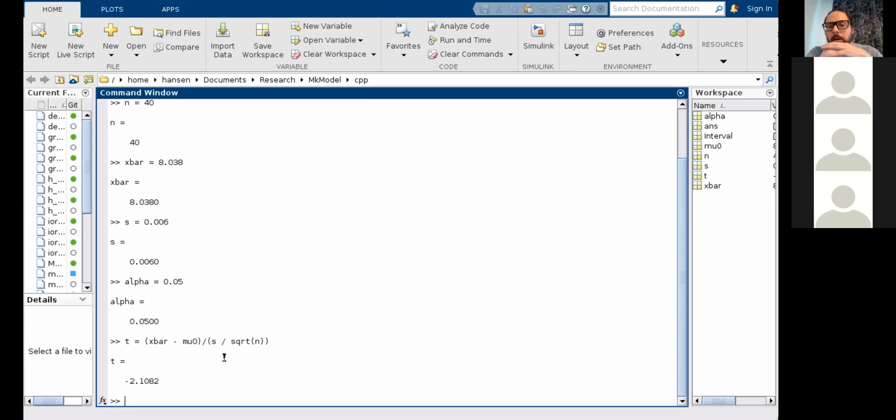And I'm going to calculate the p-value here, and we get it by calculating the T-inf. We're using the T-inf because this T is now the